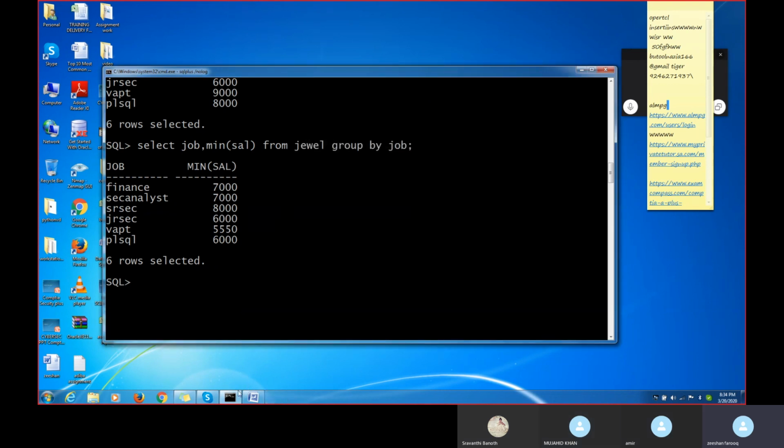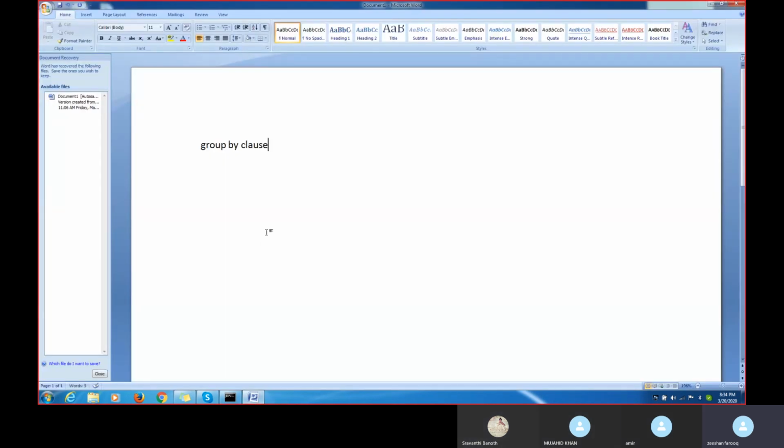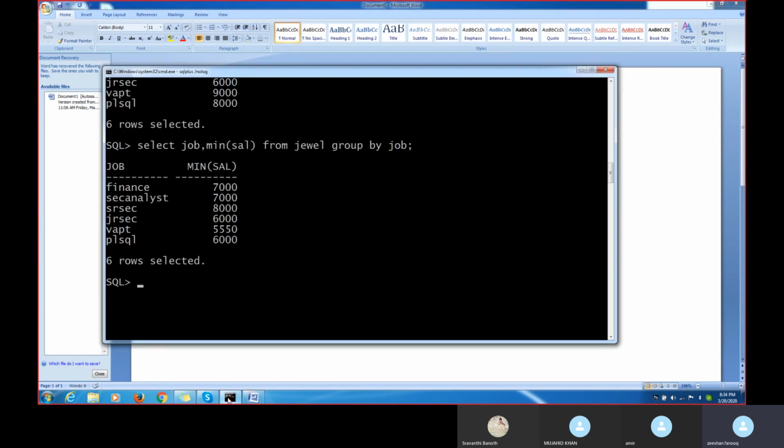Now we will see about the order by clause. Order means, for example, I can put it in the order by clause. For example, I am selecting ID, comma F name, comma last name from, for example, the JEWEL table.